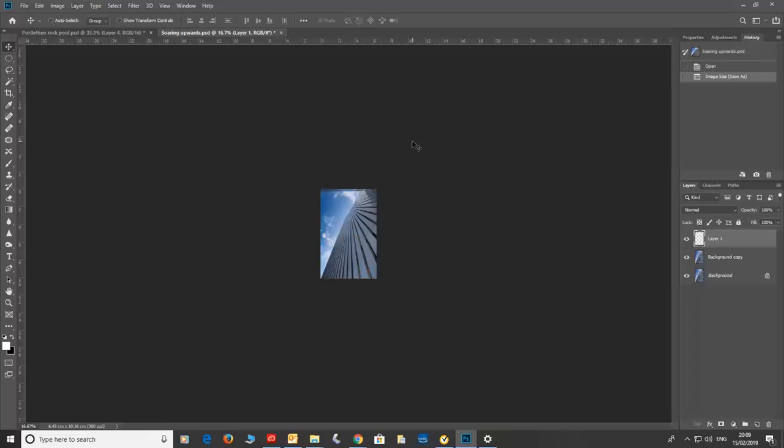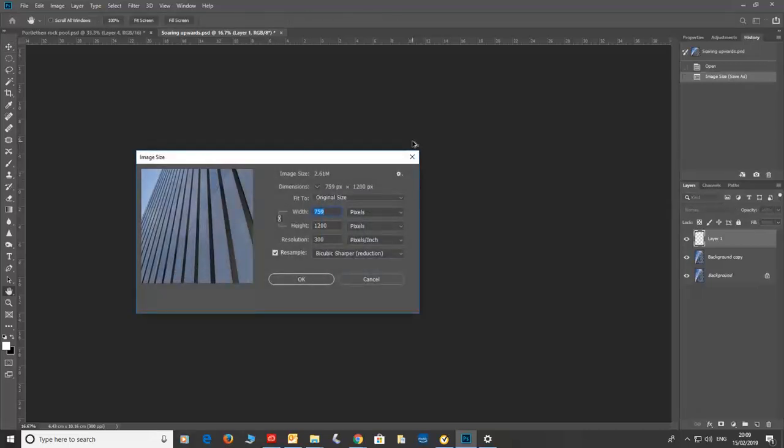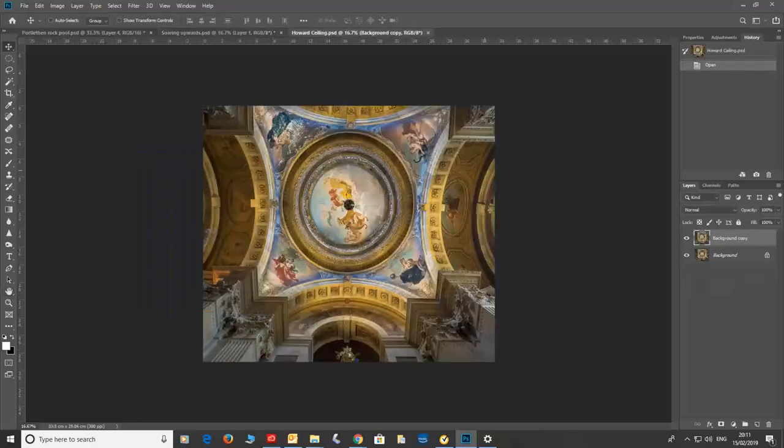Again, just to reiterate something from the portrait, Control-Alt-I will bring up the same without having to use the mouse. Depends whether you like using the keyboard or not. As you can see, 1200 by 759. 1200 high, that's it, we're okay. Finally, I've got a roughly square image here,